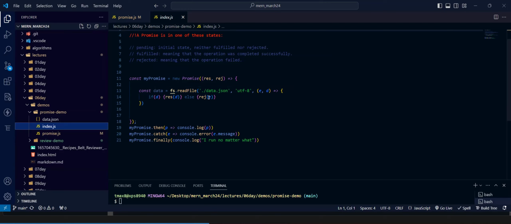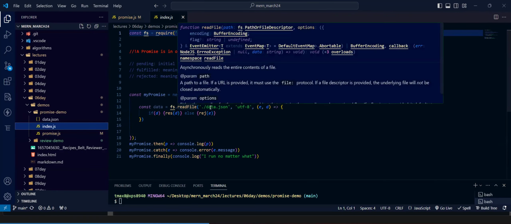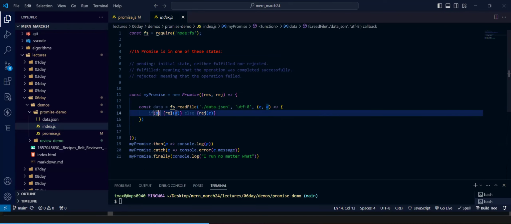I'm using the file system, Node.js's file property, and I'm reading from my operating system. I'm accessing the data.json, and I'm returning the data. If there is data, I resolve it. If there is no data, then I reject it, right?